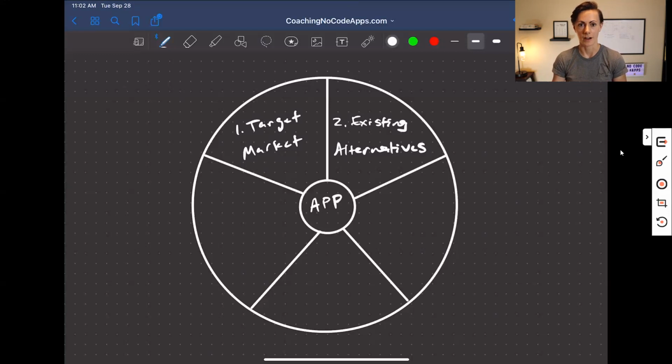Maybe it's outdated software, or maybe it's software that is built for certain processes that they have, but is not built for their niche industry or their niche type of business. Maybe their industry is a little bit smaller, so they're using out-of-the-box software and they're having to compromise in a lot of ways. So what are the existing alternatives that they are currently using to solve the problem that your